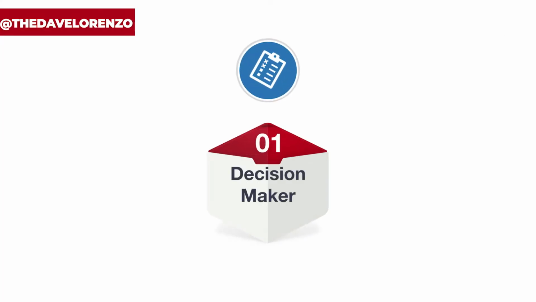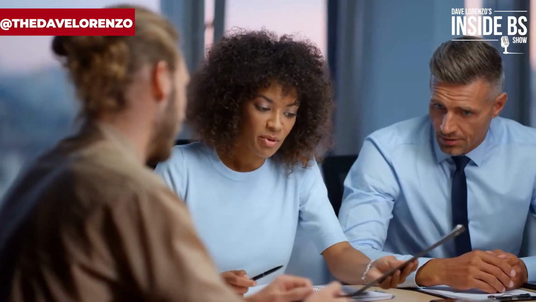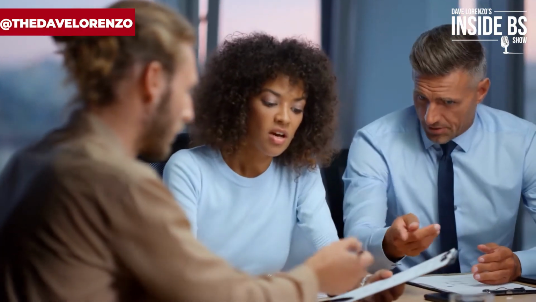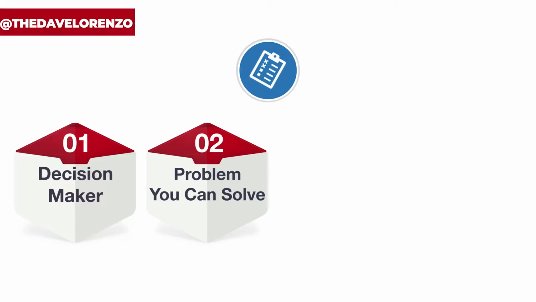Well, first, we have to make sure that the person that we're dealing with is actually a decision maker. What does that mean? We have to make sure the person has the financial authority to sign a contract. The person has the ability to commit their business, to commit their organization, or to commit themselves or their families to working with us. The second thing we need to make sure of is the person that we're talking to has to have a problem that we can solve. If they don't have a problem we can solve, this whole thing is for naught. The whole thing is useless.